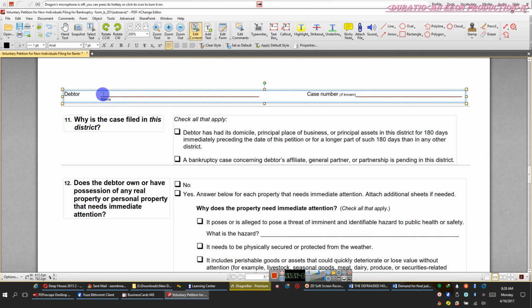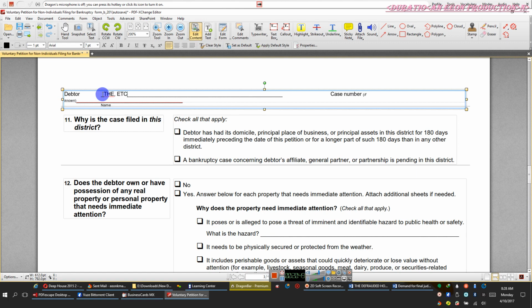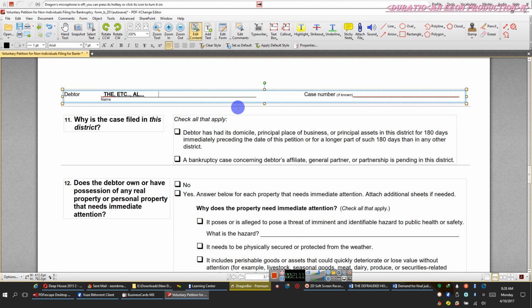You're going to come here to the beginning of the line. You're going to go V, comma, etc., period, period, comma, al., period, period, period. Now, what I didn't do is hit bold and underline, so I'm going to do that now. Bold, underline. And now I got to come right about here, and I just got to hit backspace until everything gets back in place. Okay?